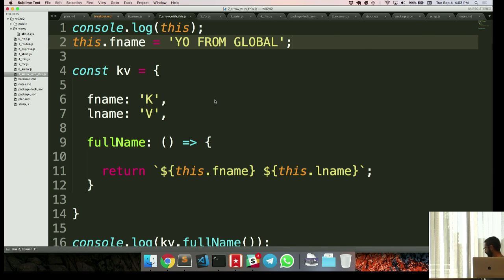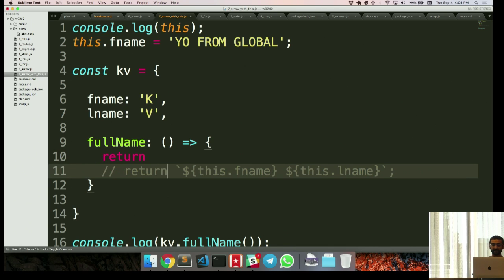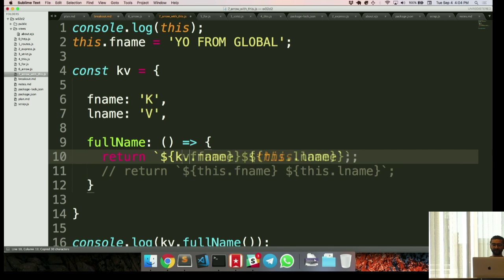Oh, Calgary has a question. Would this .f name in this case be the same as kv.f name? So in here, instead of this line of code here, can I instead use kv.f name over here? Thoughts on this is what I think Kenzie is asking.